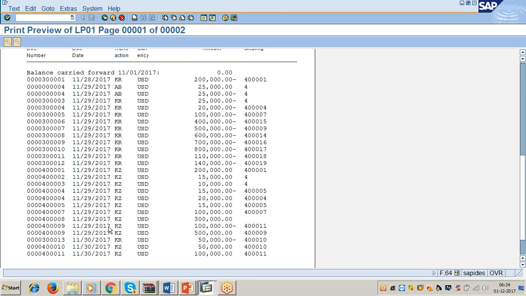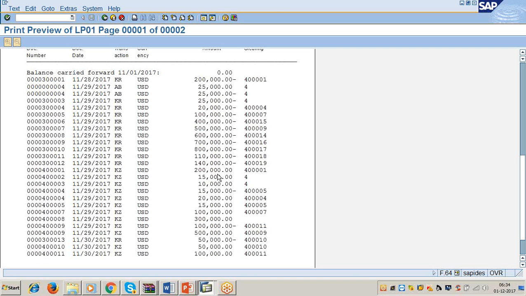No issues. But you are sending this statement to the vendor. The vendor is a small company. He is not using SAP. He is using a small accounting package, let us say Tally. How does he know which one is an invoice and which one is a payment? Of course, with the help of the document type also he can understand, but it is a little bit inconvenient to him, no? So this format is not compatible with the client's needs. The system-defined format of the account statement is not compatible with the client's needs.